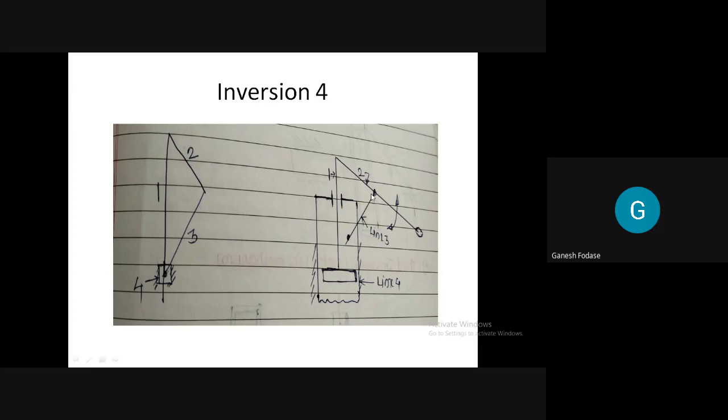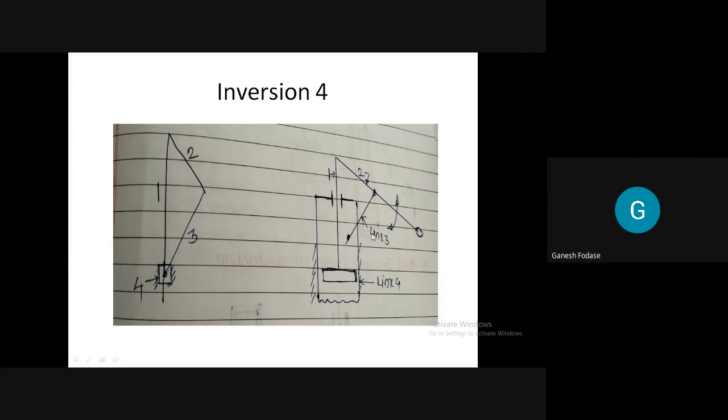And here also, in order to use this, we extend this link number 2. See this arrow, if it is visible to you. If not visible, tell me at that point only. I extend this link number 2 to make a handle type of link. So I extend this link number 2 from this point, and we attach link number 3 by means of a pin joint here. Now what happened actually? When I rotate this link number 3, there is an oscillating motion of link number 3 as well as sliding motion of link number 1 inside the frame.